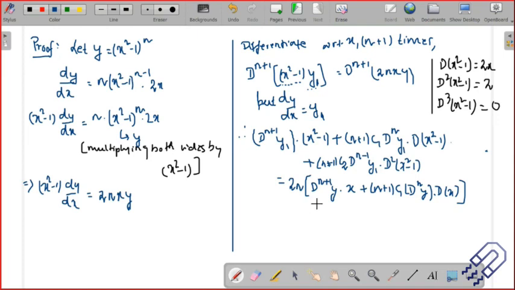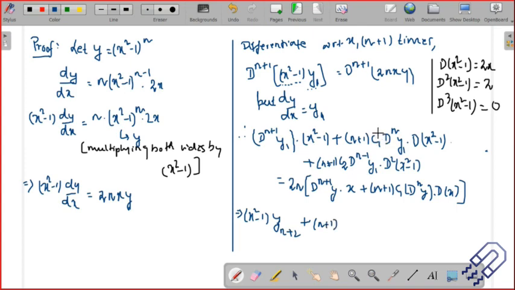Let's use some notation so that things become a bit easier. This is already differentiated one time, and you are differentiating it n plus 1 times more, so that means this is differentiated n plus 2 times. So I can write this term, x squared minus 1, times y of n plus 2. This is just for ease, and I think it's not confusing also. n plus 2 times differentiation: n plus 1 times already done, and you're doing it one more time. Plus n plus 1,